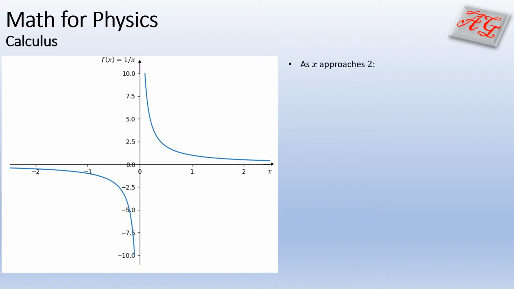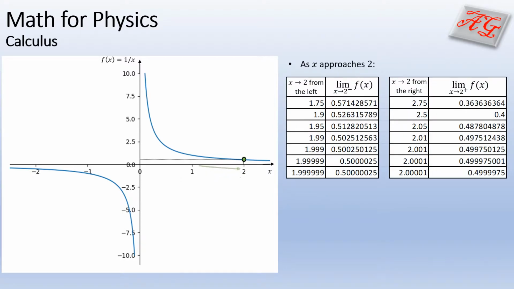Let's write a few numbers of how the function behaves when it approaches 2 from numbers that are less and greater than 2. So as x approaches 2 from the left, that is some number less than 2, we can try a few numbers. We start somewhat far from the number we want to approach, that is 1.75. The result is approximately 0.5714, and so on. But 1.75 is somewhat far from 2. We certainly can do better. So as we take numbers that are closer and closer to 2 from the left, the function 1 over x